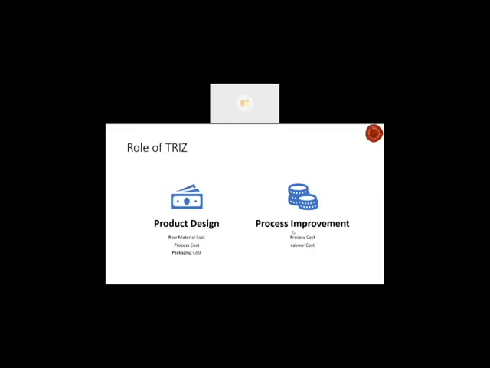The moment we talk about product design, raw material cost, process cost, and packaging costs come into the picture. Using TRIZ, we can work on products so that either the raw material cost itself comes down, or it reduces the process cost by eliminating a few steps in between, or the packaging cost comes down.